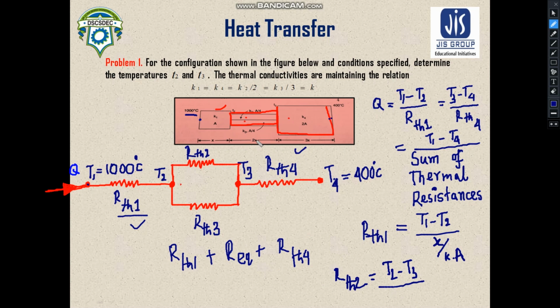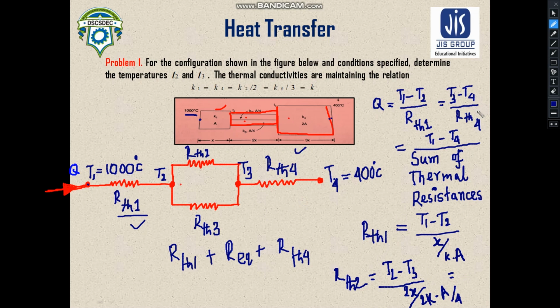So let us first deal with the thickness. So the thickness is 2x divided by the thermal conductivity, which is K2. Now here you can see K2 by 2 is equal to K. That means K2 is equal to 2K. So we will write 2K here. And what is the area here? The area is A by 4. So after simplifying, we will see we can write this as